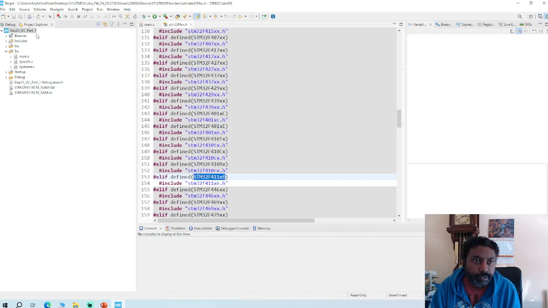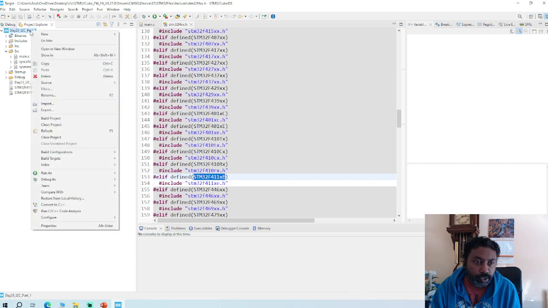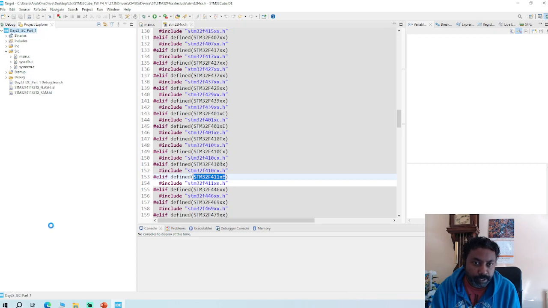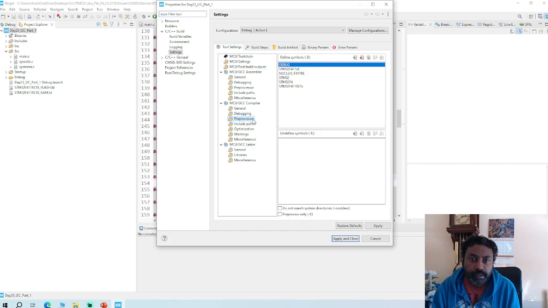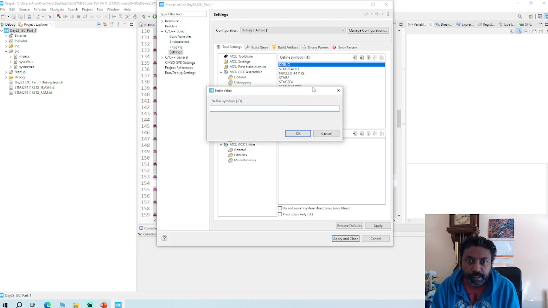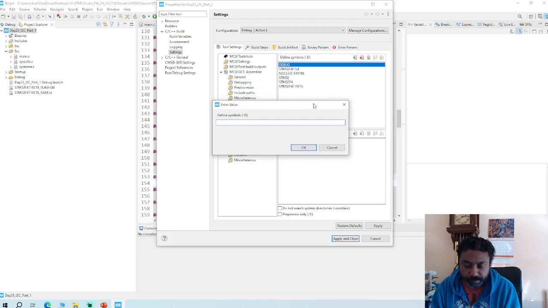and then go back to your project tree, right click on the project name, go to properties, go to C++ build, go to settings, and then go to MCU GCC compiler. Then this time click on the preprocessor, and I already pasted it here, that's why you can see STM32F411xE. So click on add symbol value, and then you just paste it here, and then hit OK, and xE